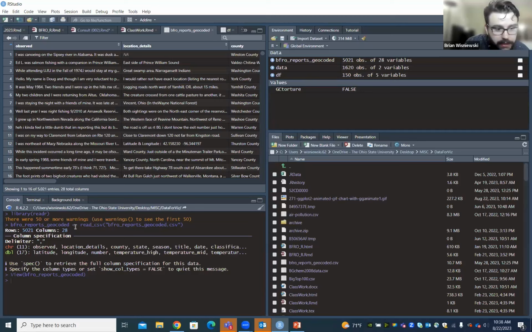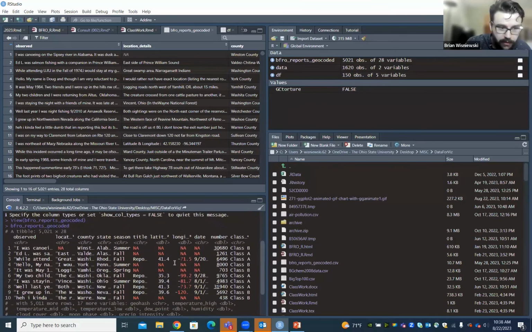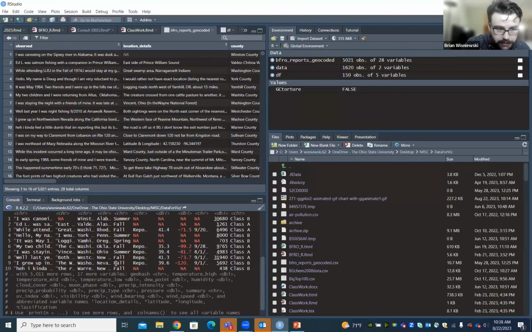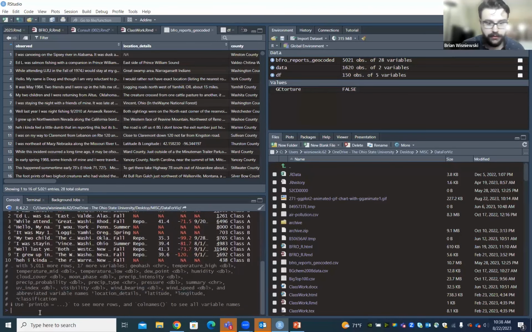This little arrow here is telling R, I want to take anything on the right side here, and I want to put it inside this thing right here. So now if we look at it, if you don't believe me, we can call it down here and we can see it. So now it's in the environment, and we can go ahead and start doing things with it